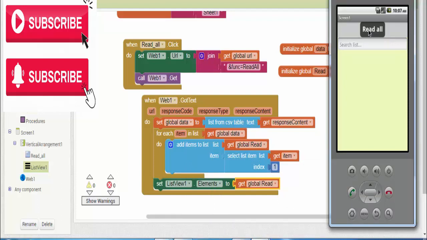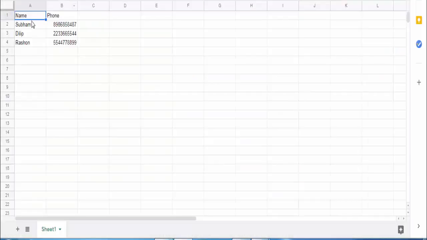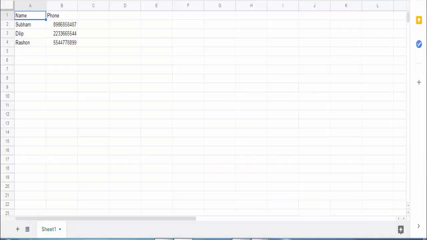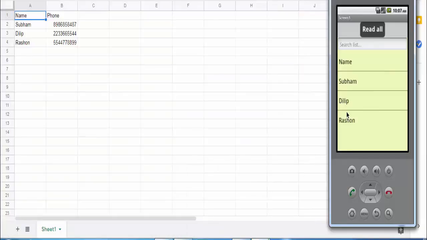Now it should display it. Yeah, see, the first column is coming. The first column, check with that name, Shubham Dilip Roshan. So that is already shown here. We can check that, match with that. So everything is coming.